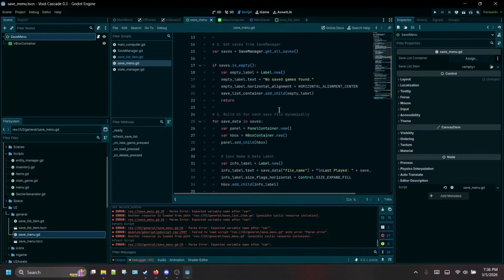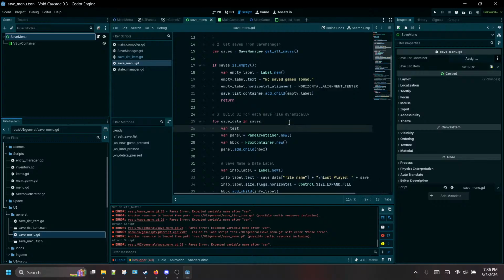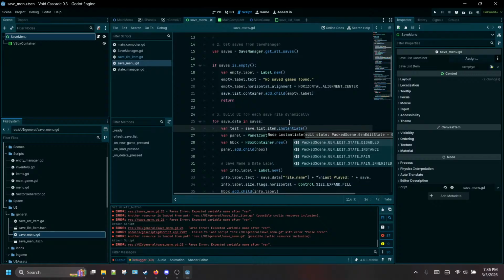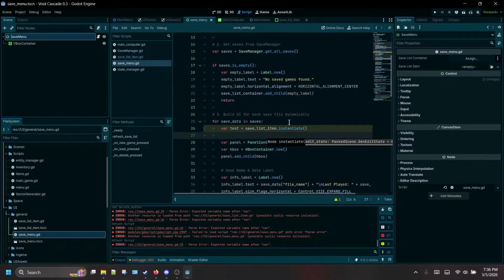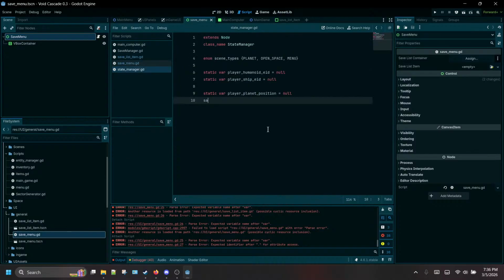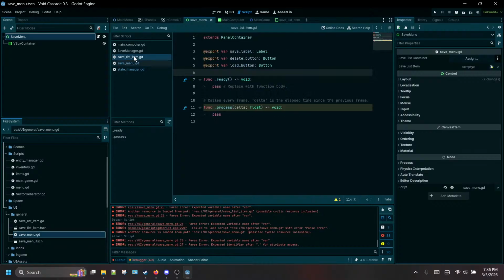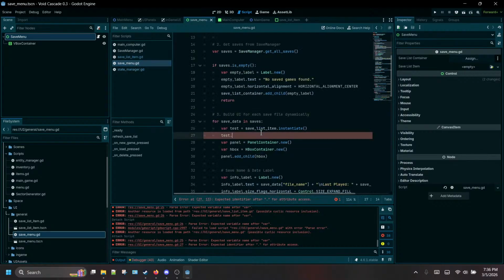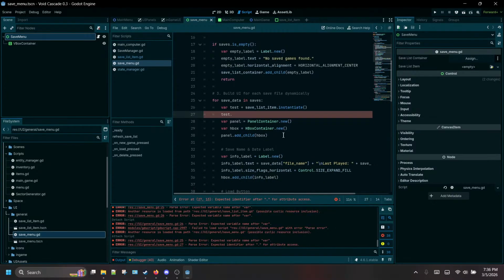For save in saves. Var test equals save list item dot instantiate. Test dot save label dot text equals